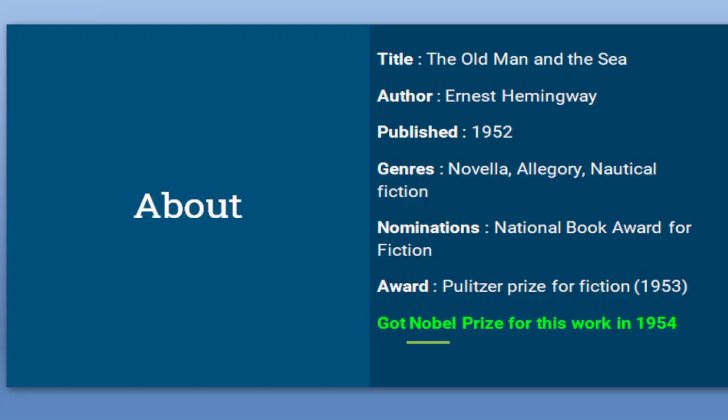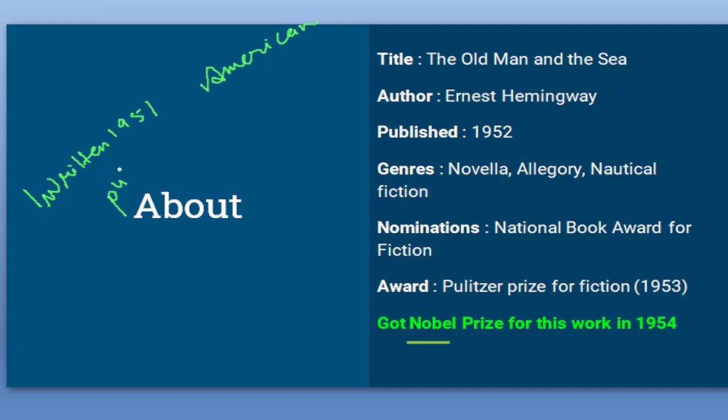So first we will get to know about this novella. The title, as I have already told you, is The Old Man and the Sea, and the author is Ernest Hemingway. He is an American writer. All right, and the important detail which we need to know is that this novella was written in